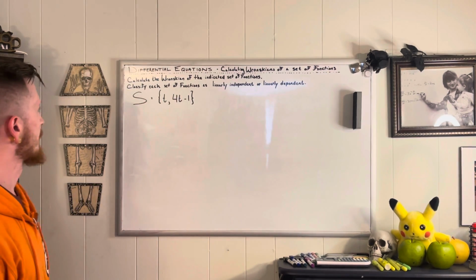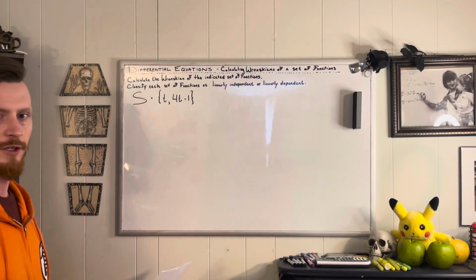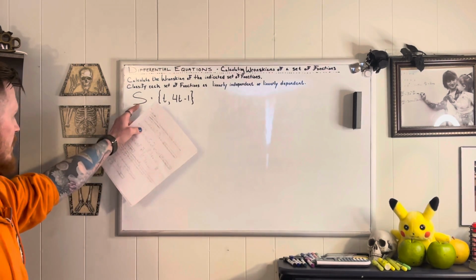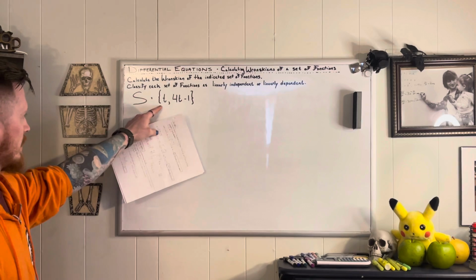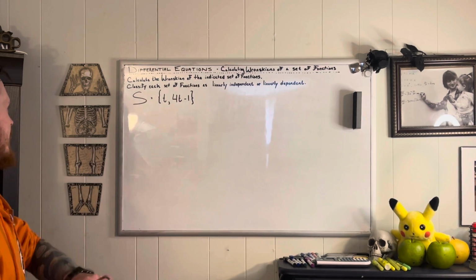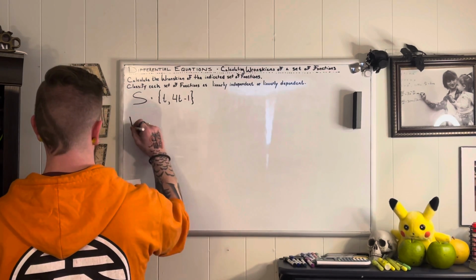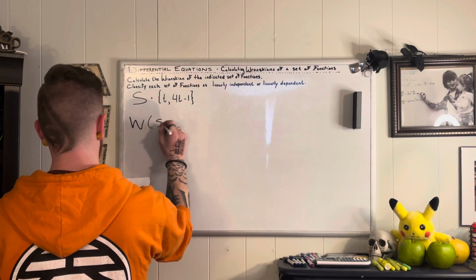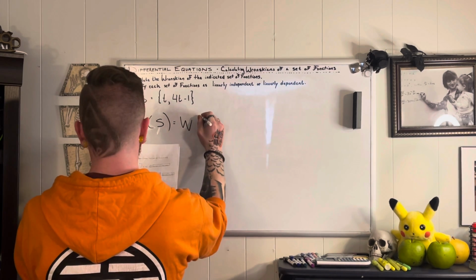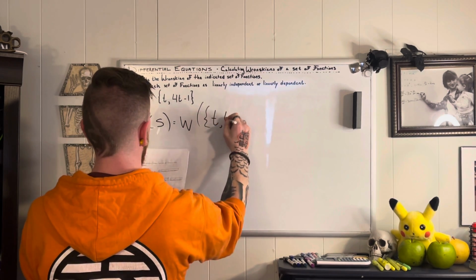We want to calculate the Wronskian of the indicated set of functions and classify each set of functions as linearly independent or linearly dependent. So we're going to take a look at the set of functions S is equal to the set t and 4t minus 1. To calculate the Wronskian of S, which is the Wronskian of the set t and 4t minus 1,